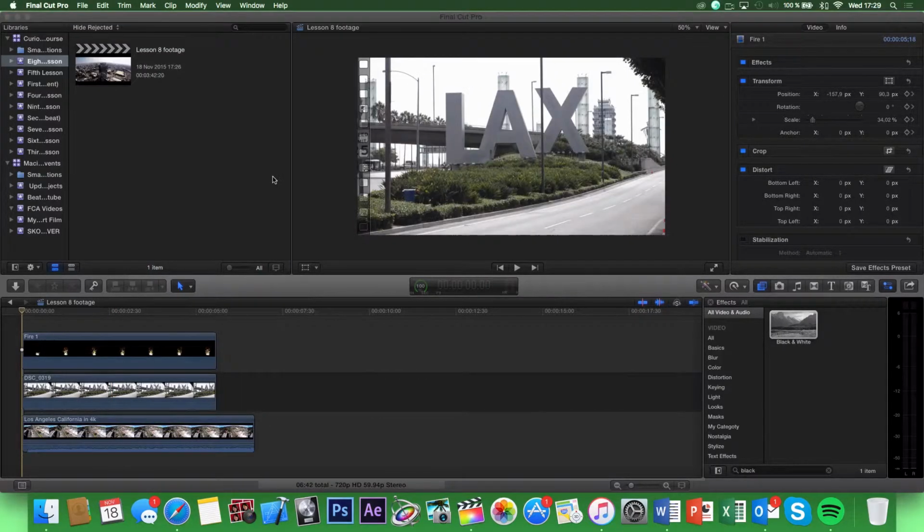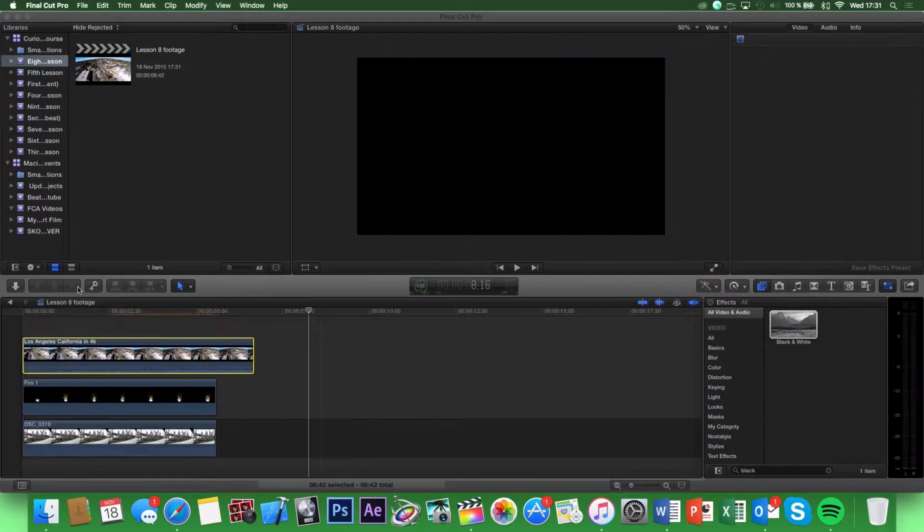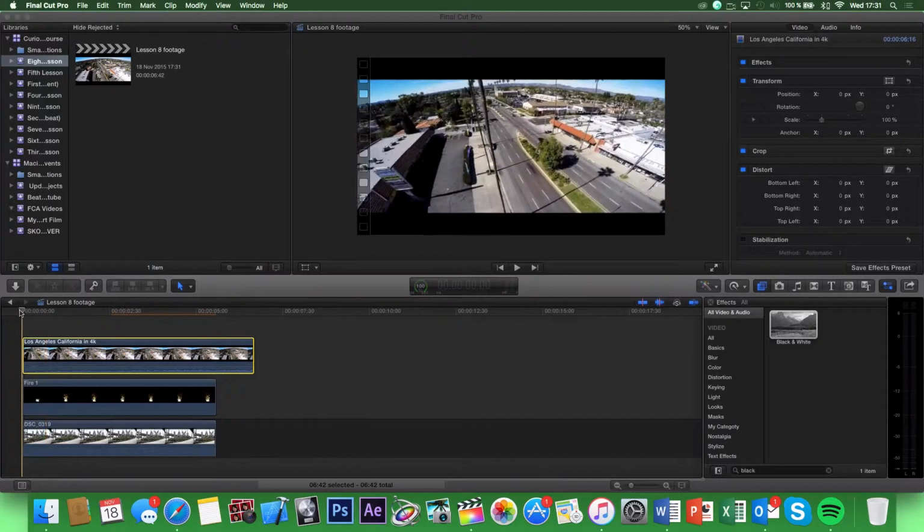So I've now just imported one last clip, and what I'm going to do with that is I'm going to minimize it so it's just a small thumbnail, and that small thumbnail is actually going to slide in from the bottom left corner, then it's going to stay in the bottom left corner for a few seconds, and at the end it's going to slide out towards the right corner. So to do that, I'm going to bring the clip on top, and I'm going to go to the starting point and hit the transform button.